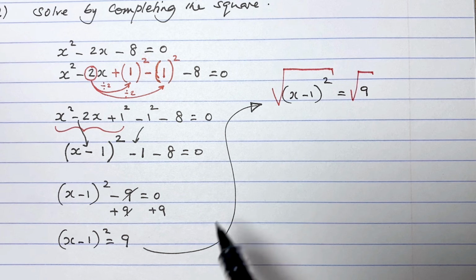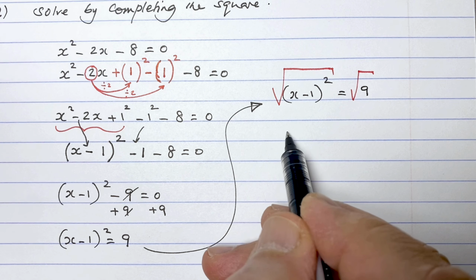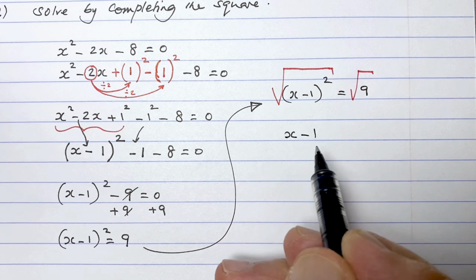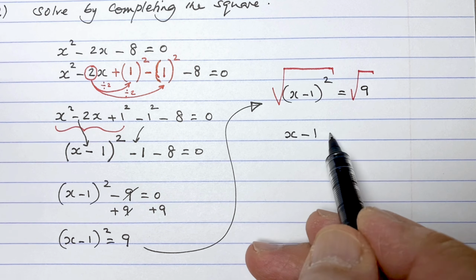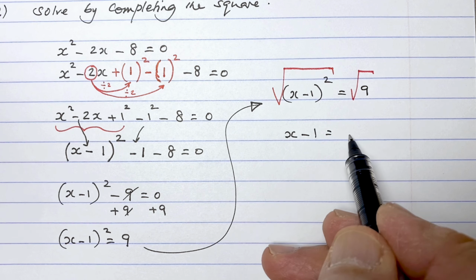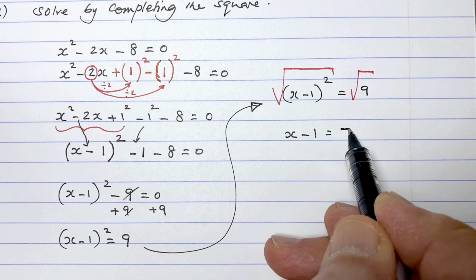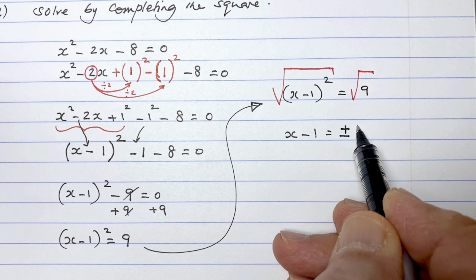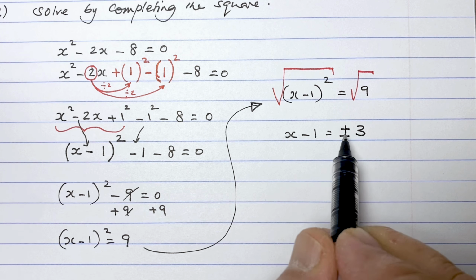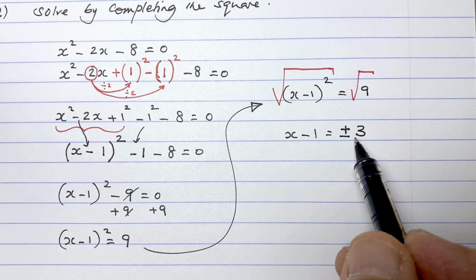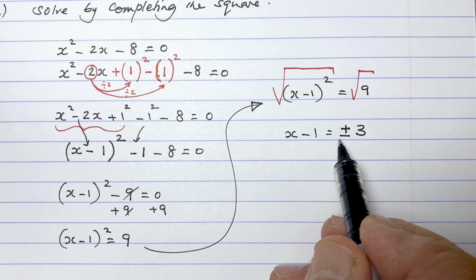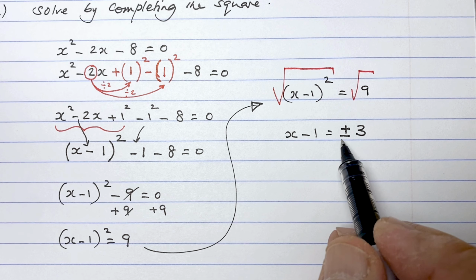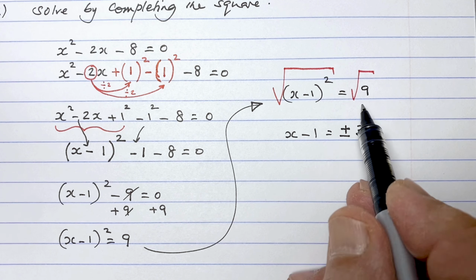Taking the square root of (x minus 1) squared obviously gives x minus 1, because square root and square are two opposing actions. Taking the square root of 9 gives two answers, plus 3 or minus 3. Plus 3 times plus 3: plus times plus is a plus, 3 times 3 is 9. And negative 3 times negative 3,